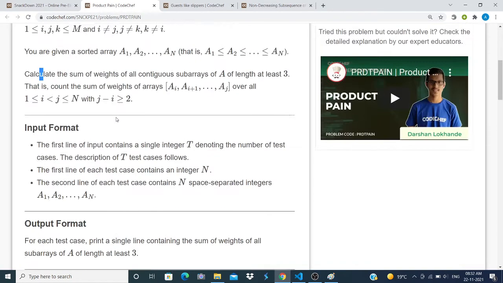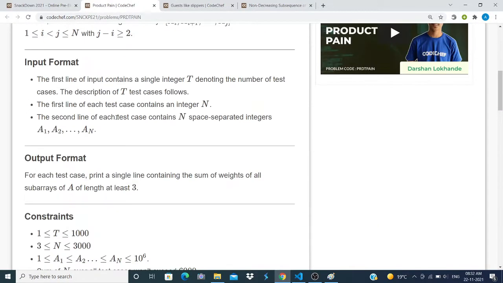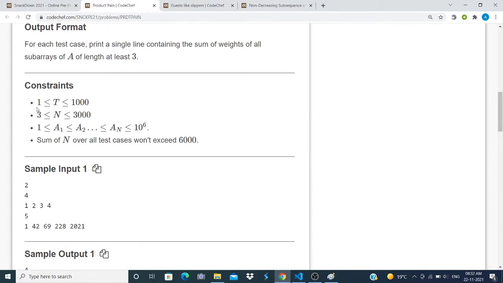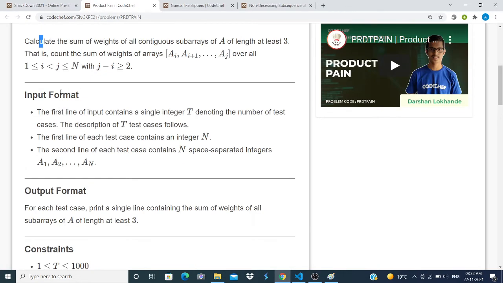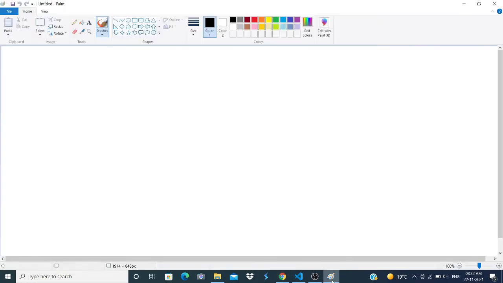Okay, so the initial idea, as you can see from the constraints, which are only up to 3000, is that you can think of some order of n square or maybe n square log n approach. I will just quickly explain what I thought and how I proceeded.